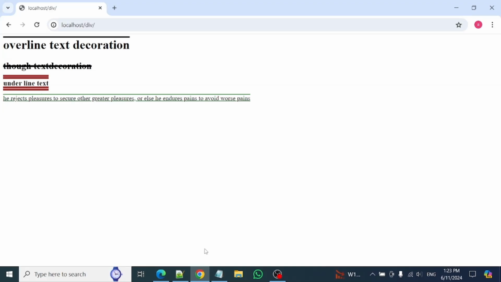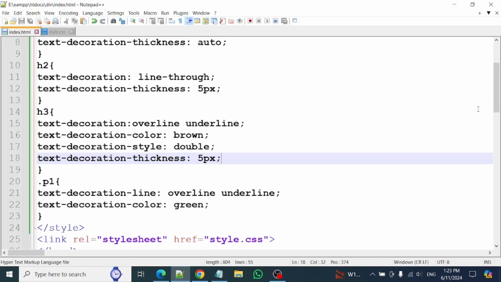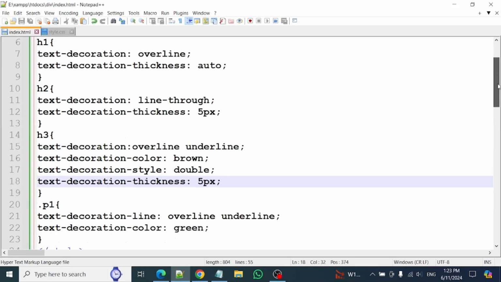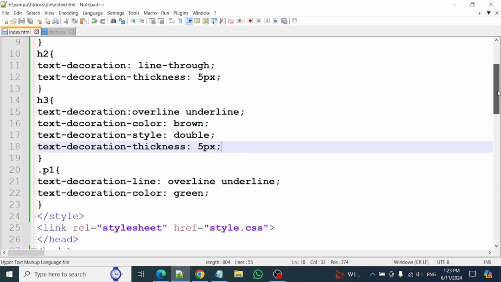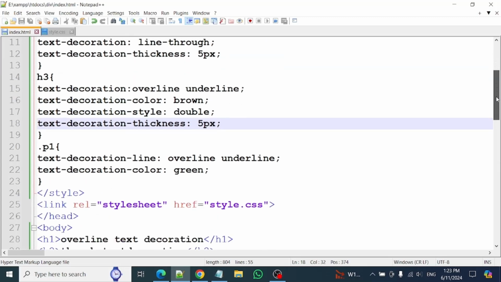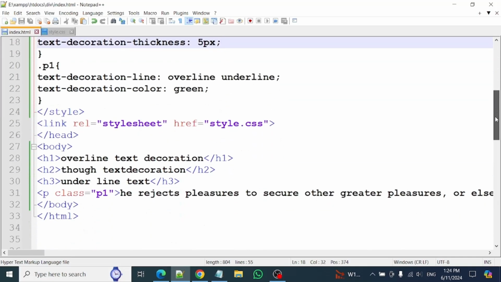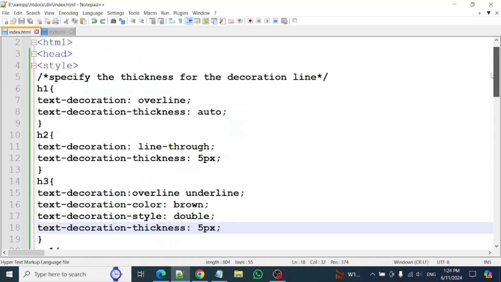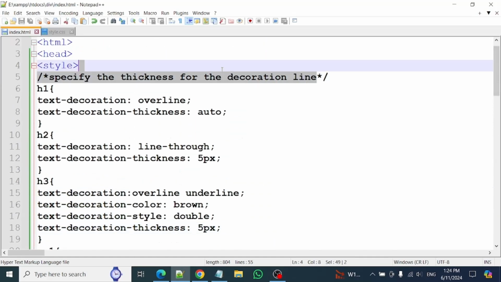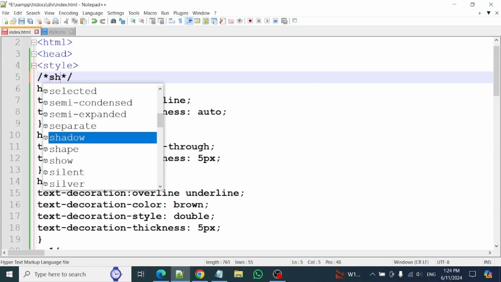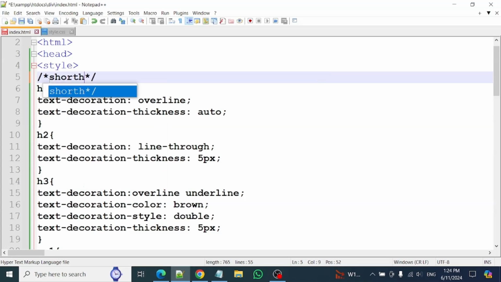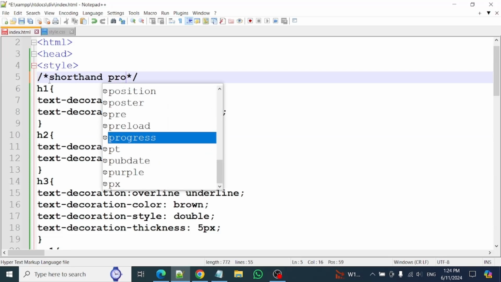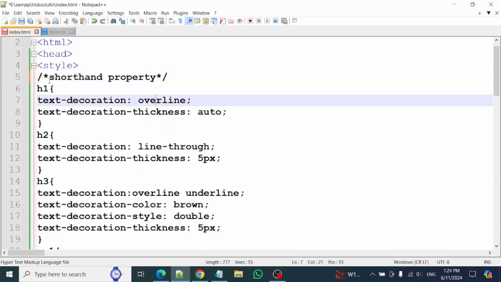Now we will learn about the shorthand property. Open Notepad++ and we will change only the CSS for heading 1, heading 2, heading 3 and the body section. Heading 1, heading 2, heading 3 are written as they are, and only the CSS changes because we are learning the shorthand property. Now we will change the CSS in heading 1,